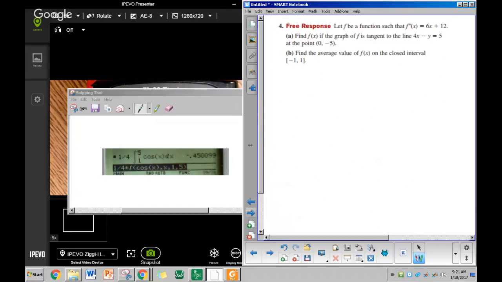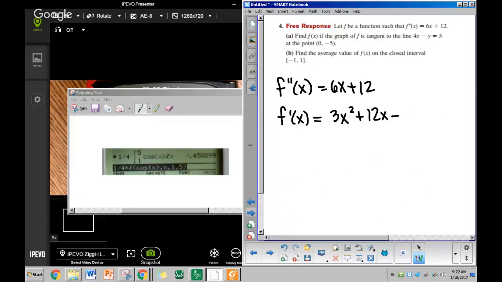All right, next one, number 4. Let this be our function f of x, f double prime of x equals 6x plus 12. We want to find f of x. So I have to do the antiderivative to find f prime, right? So how do I find f prime? Going backwards, right? So whose derivative is this? 3x. Good, this is 3x squared plus 12x plus c,